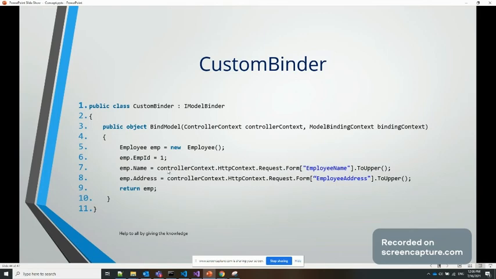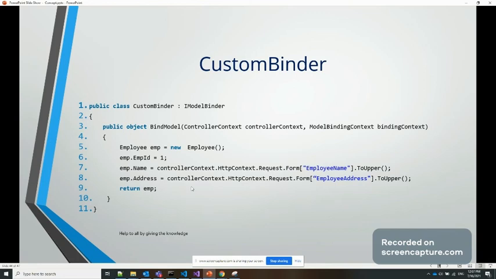You can see here we have the employee object, and in this employee we put a hard-coded value of 1, or it can be anything. My objective here in writing the custom binder is only to make our employee name or employee address name upper case. So for this we return this way. You also need to return the same way.